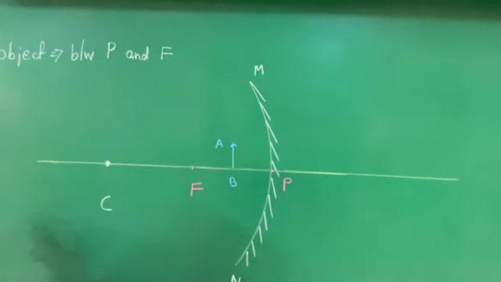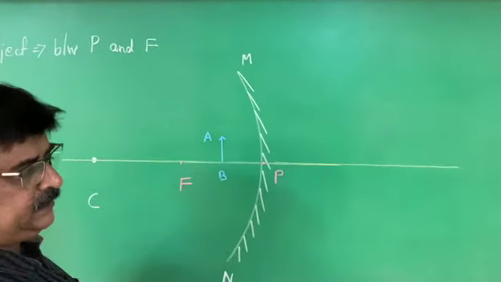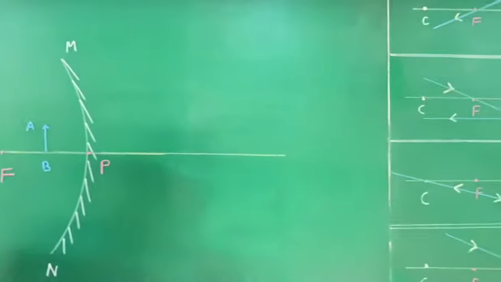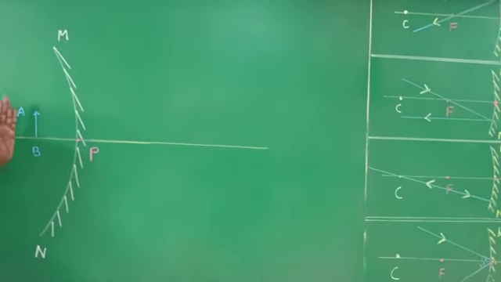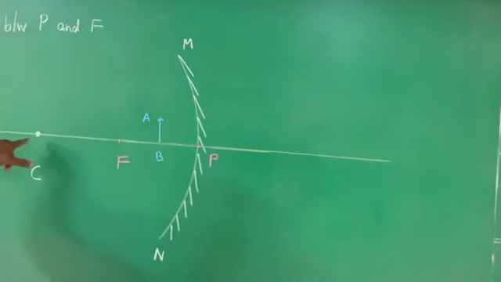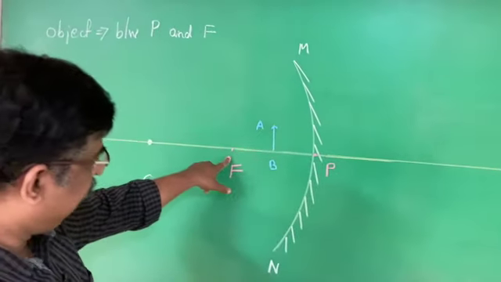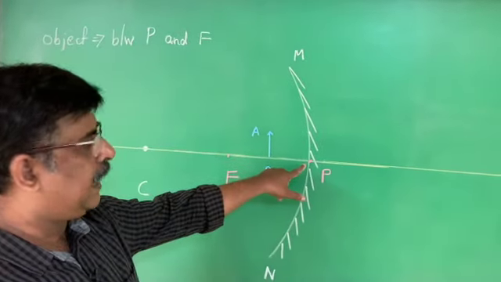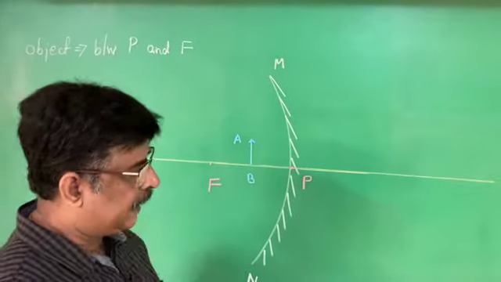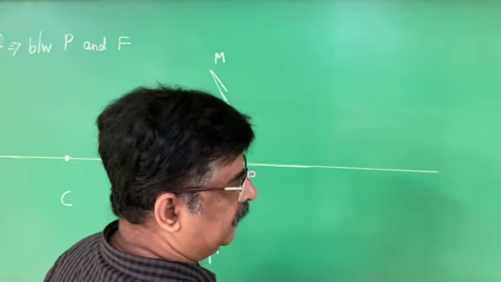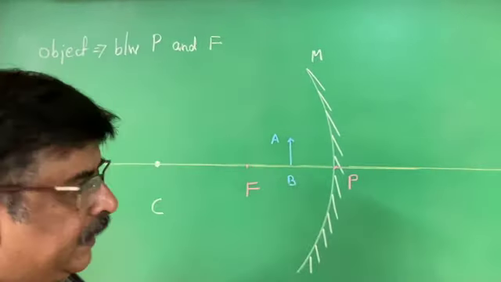To write the ray diagram, he selected two conditions. One is the last condition he selected, because the object has already crossed F. Therefore, we have written a ray diagram using C, we have written a ray diagram using F, but we have not written any ray diagram using this. Therefore, in the textbook what they did is use the last condition. So remember, it is easy. Last one, last condition.